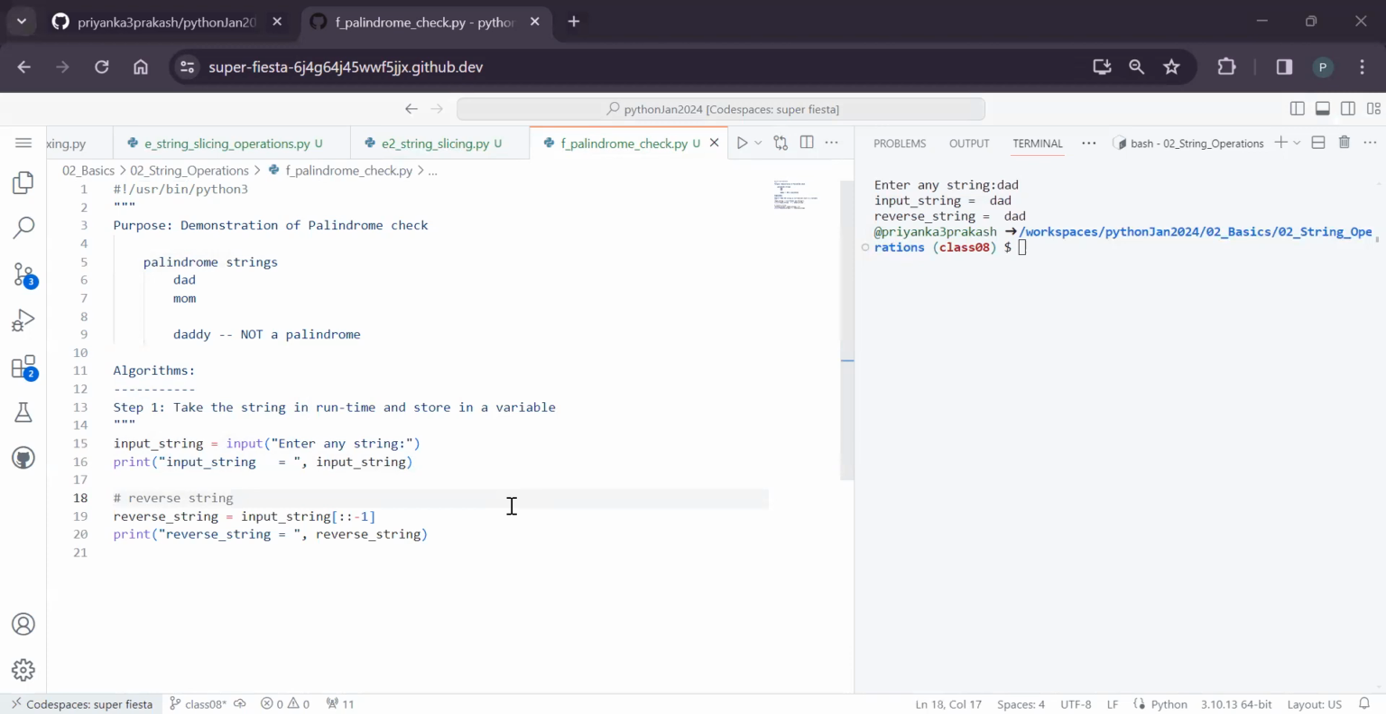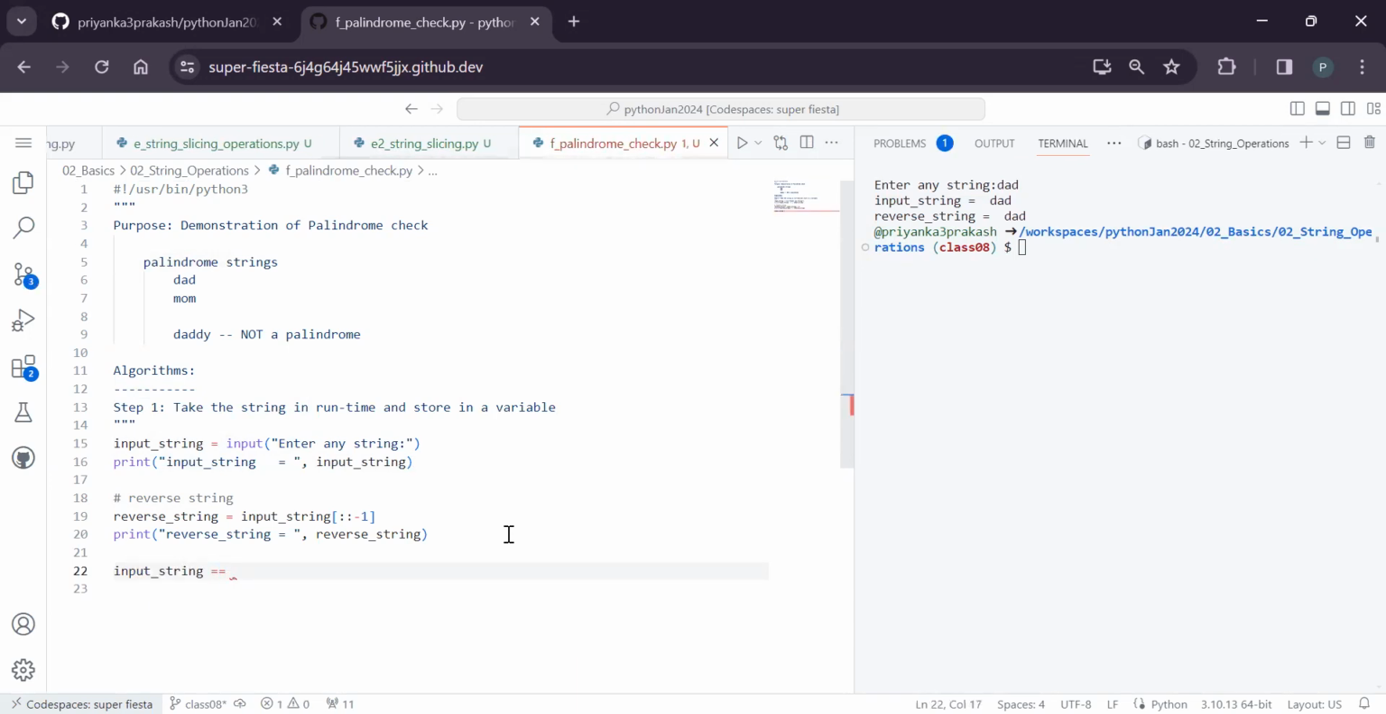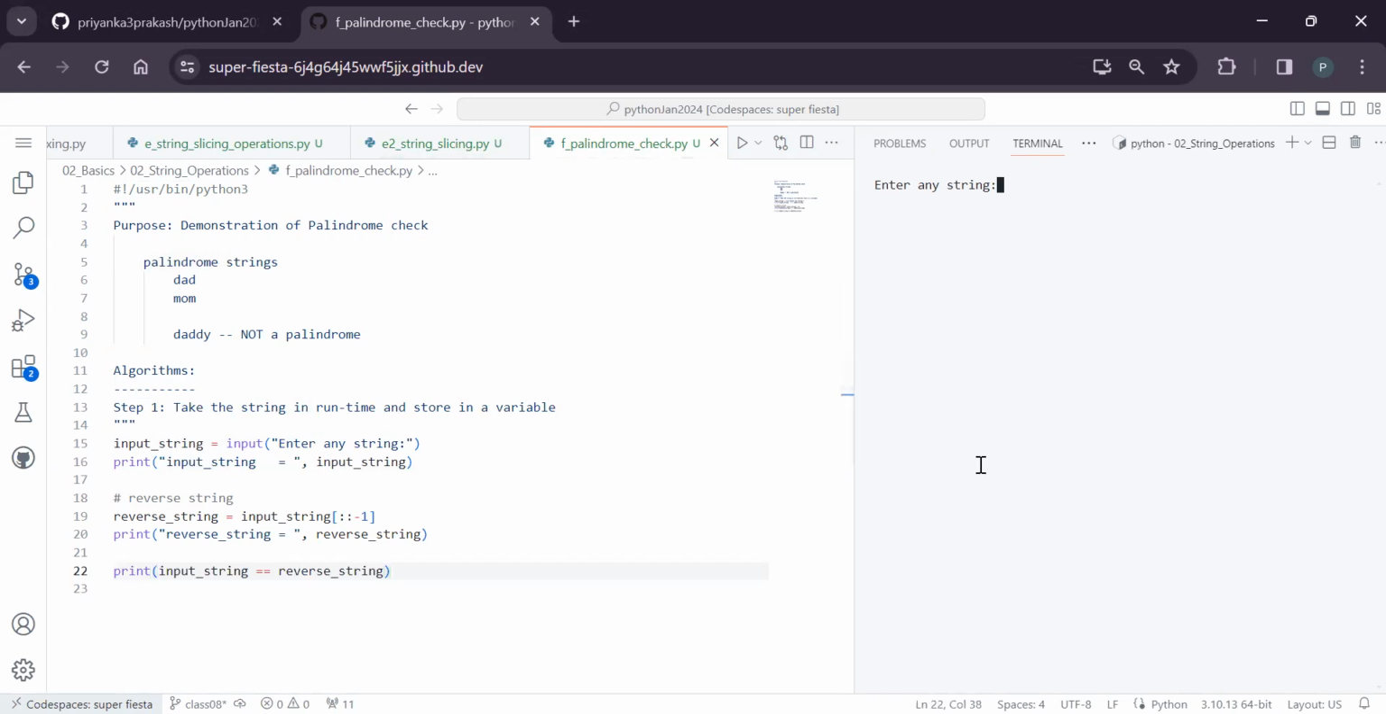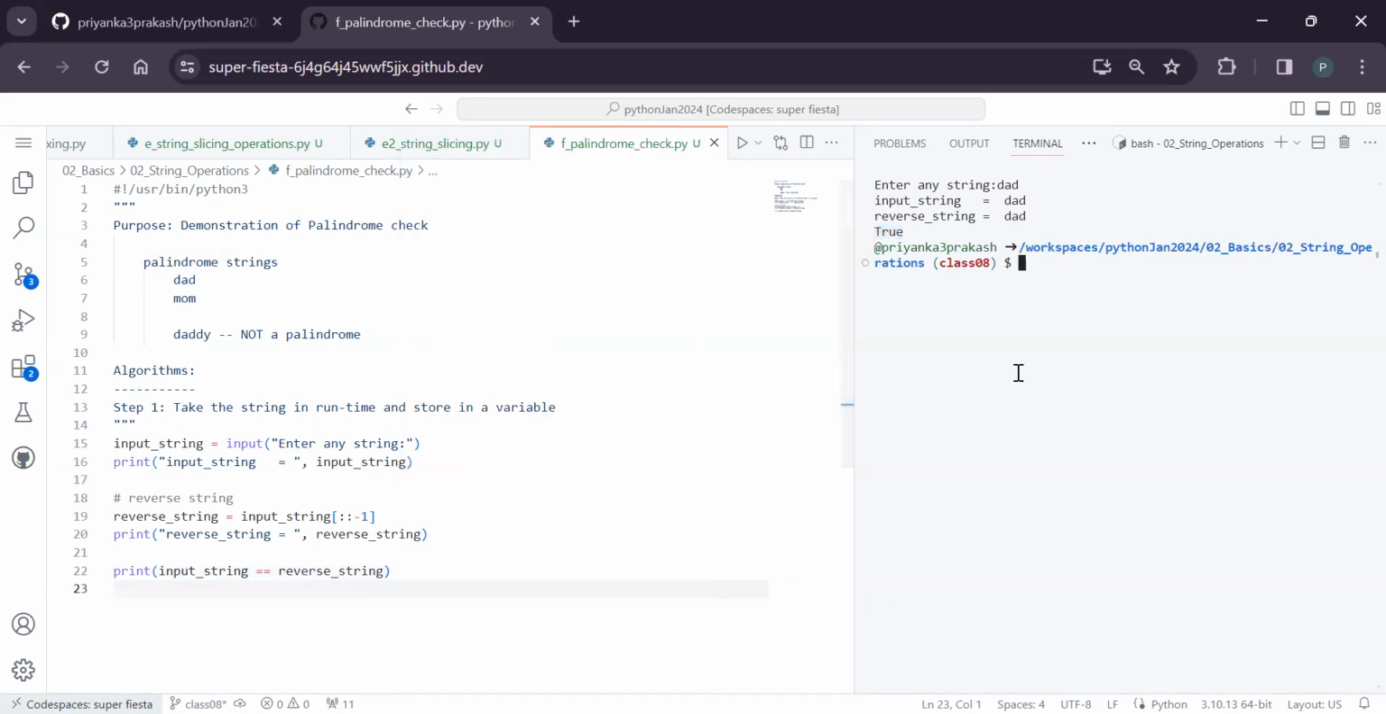So there is a built-in operator called equivalence. Input string equal to, meaning two equals signs, not one, reverse string. If I print it, you will see the output now. If I say dad, I get True. Similarly, if I give one more example, like daddy,